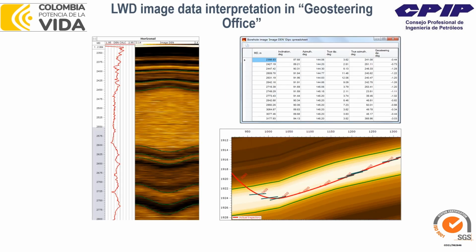Now let's look at the real example. The software can do it automatically for you. The geosteering software can calculate these dips based on the image. All you have to do is correctly put the sinusoid. Okay, so if you see here, this